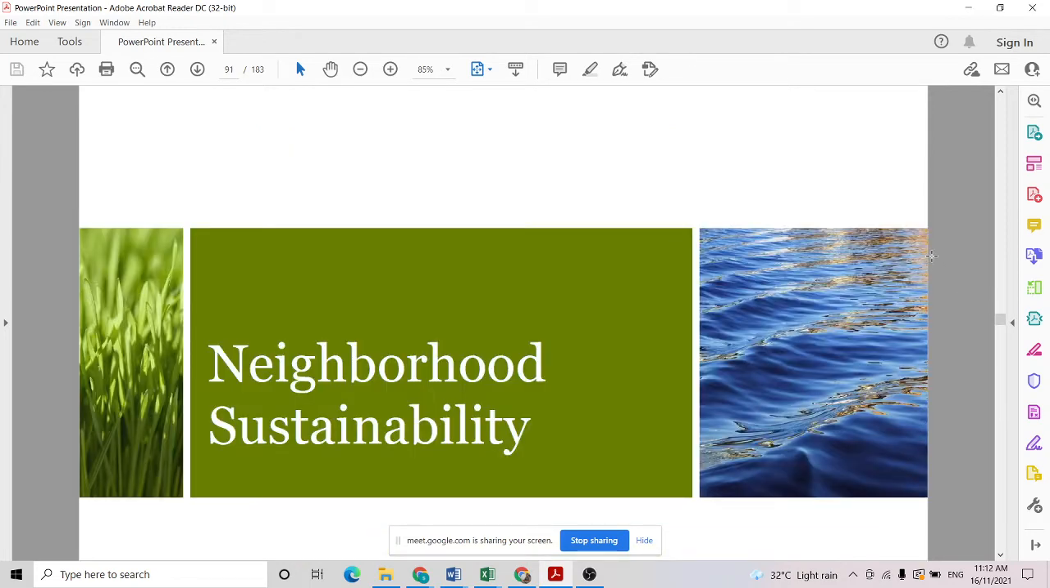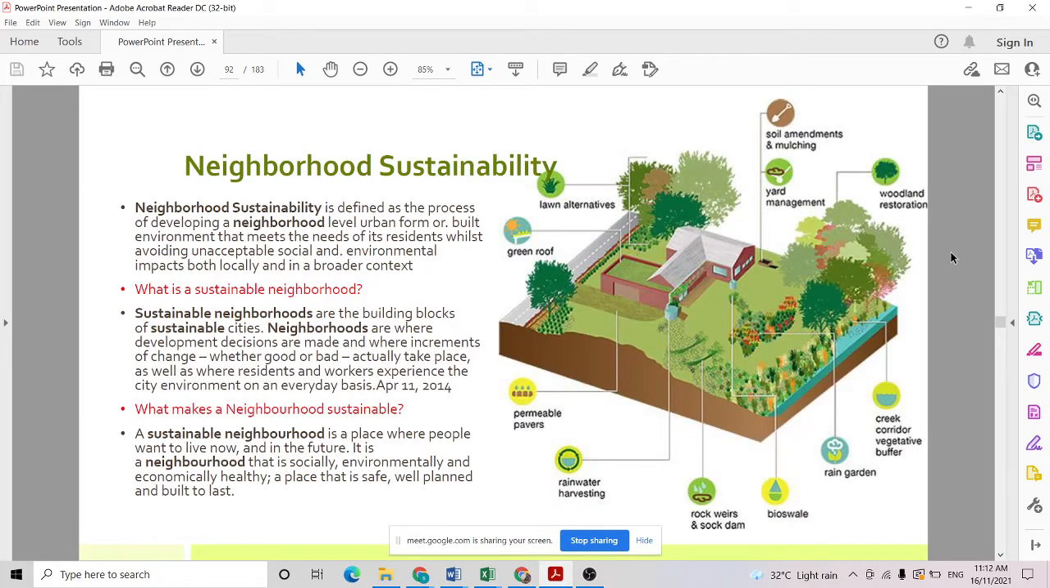Okay, so we focus on neighborhood sustainability. For example, your house. How do you implement very good sustainability for your house? First of all, you have a lawn alternative. You can improve by adding trees, so it's good for gas circulation, oxygen production, and so on